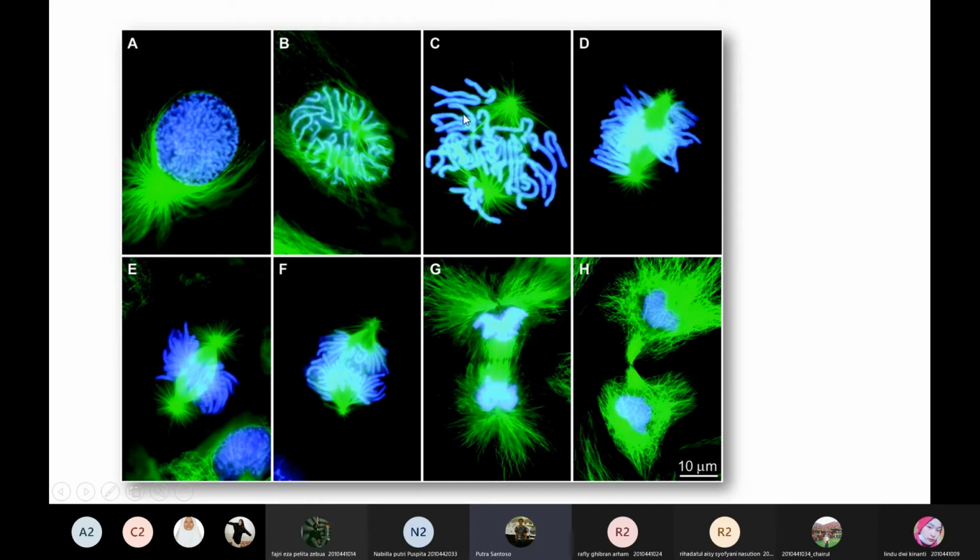So the blue is... the green is cytokines. This is, it's not cytokine, it's a kind of fibers that will pull and move the, our chromosomes. Jadi ini adalah kromosom, material genetik. So you may understand based on this